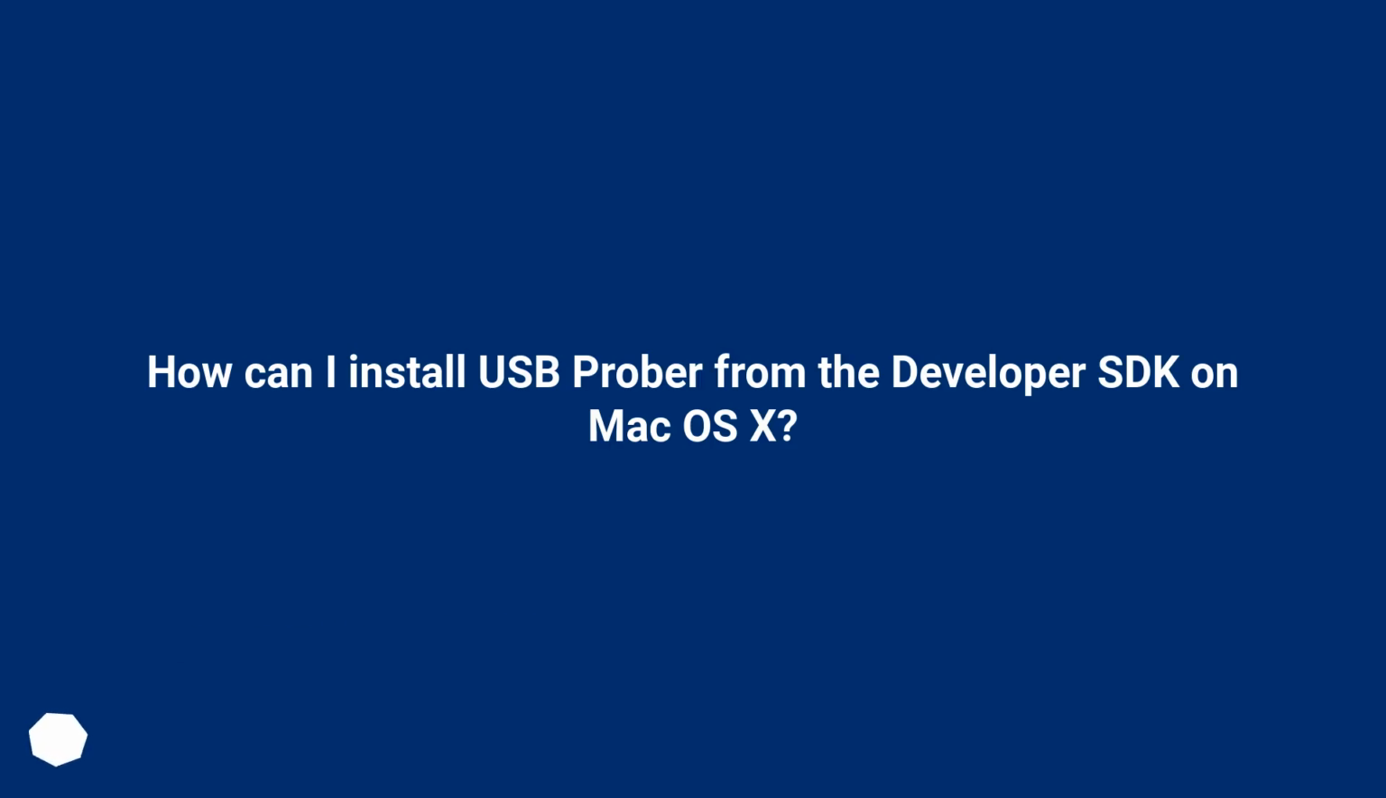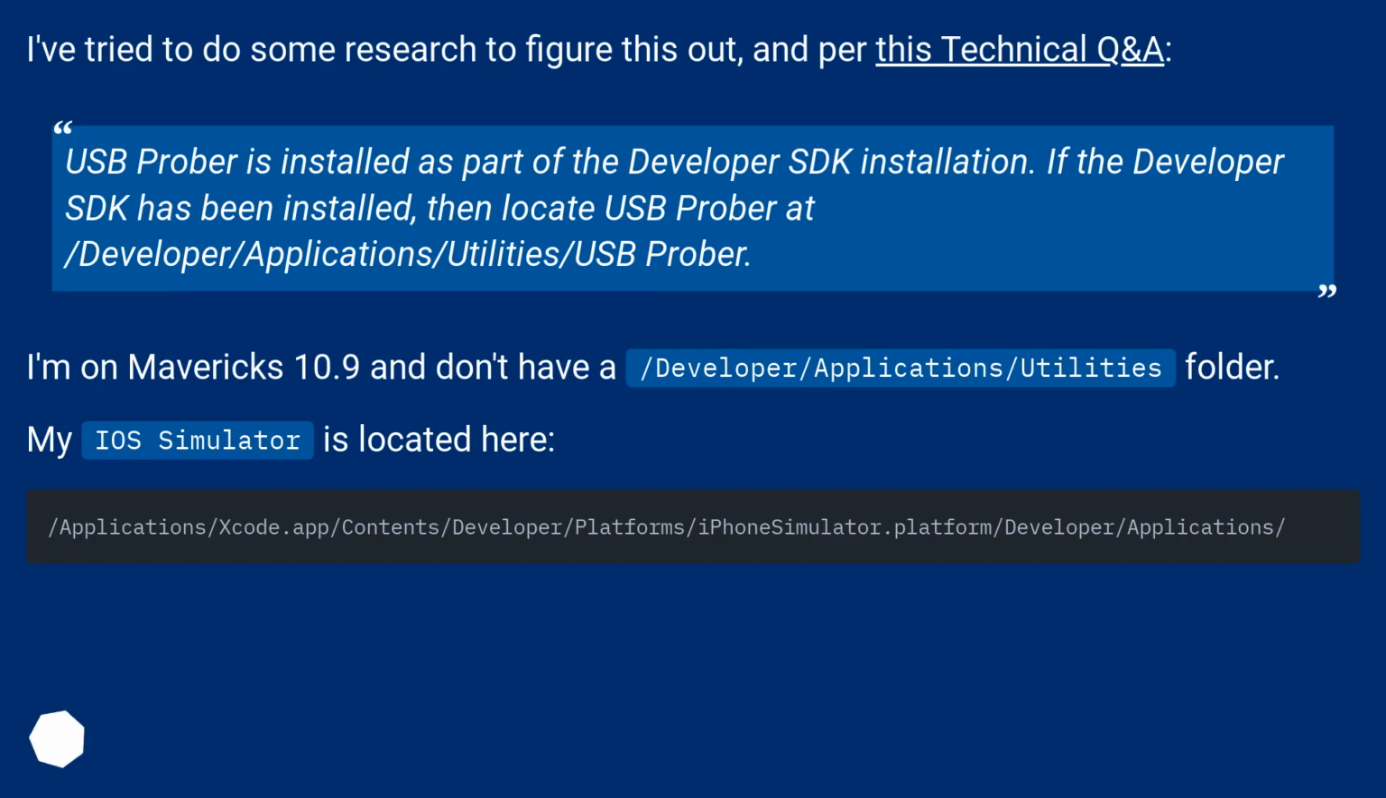How can I install USB Prober from the Developer SDK on Mac OS X? I've tried to do some research to figure this out, and per this technical Q&A, USB Prober is installed as part of the Developer SDK installation. If the Developer SDK has been installed, then locate USB Prober at